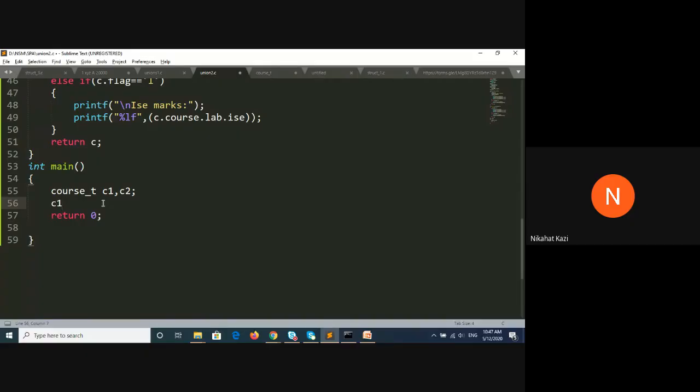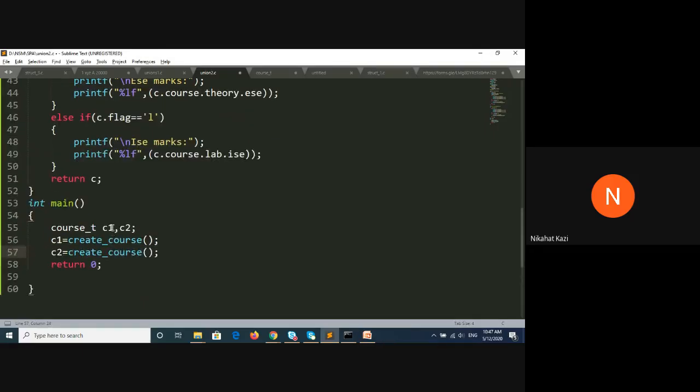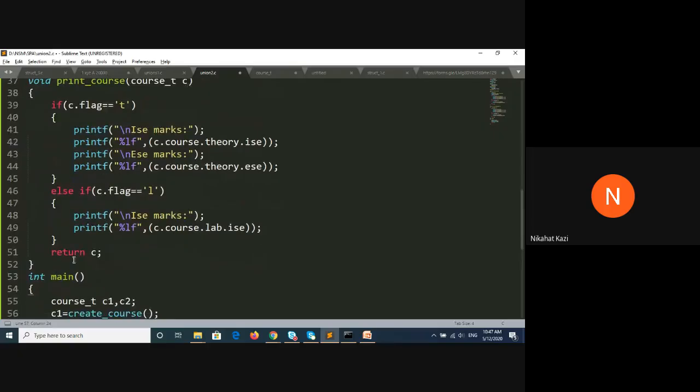So how will the call be? C1 equal to create course, because I have to populate C1. And I will say C2 is equal to create course. Okay. These are the function calls for create course. Remember, this void print course should not return any value. I'll remove this.